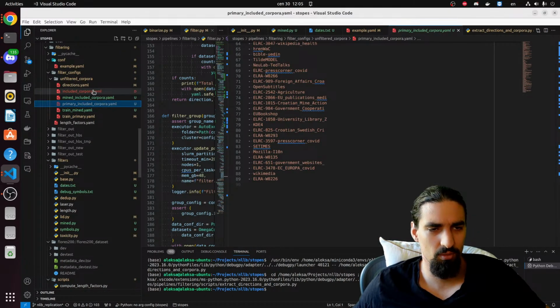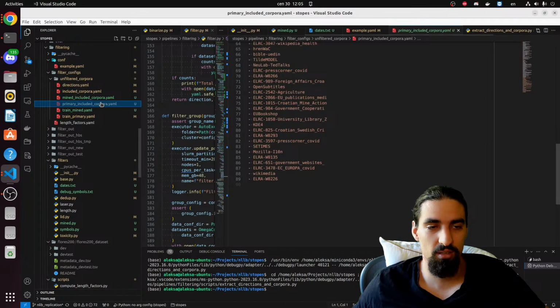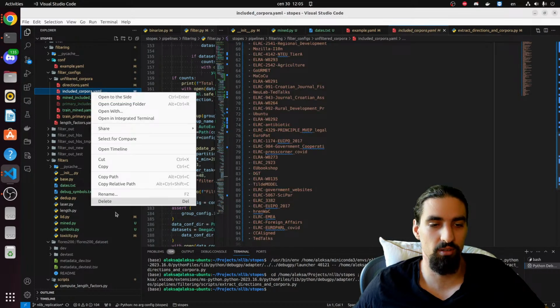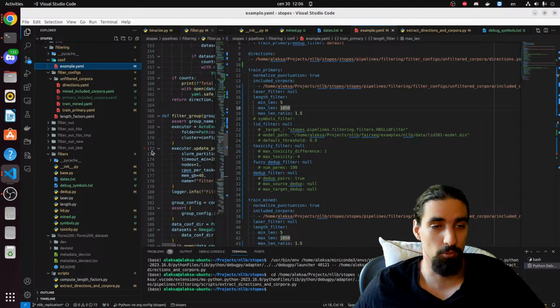Can I? Okay, let me quickly see how many we had before. We had 95. If we sum up this, yes, 6 plus 89, 95. So we just now decoupled, we decomposed this into 2 separate included corpora. That's good. That looks good. And now if we go to the filtering stage,